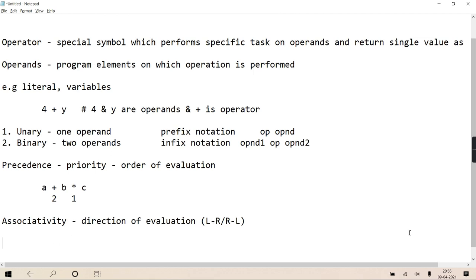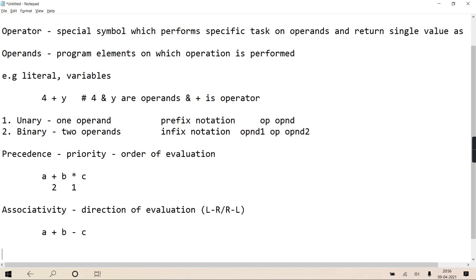Clear? So if I'm writing A plus B minus C, according to the rule, plus and minus have the same precedence. As they have the same precedence, what is to be considered? The direction of evaluation. In this case it is left to right, so this will be done first and then the second.